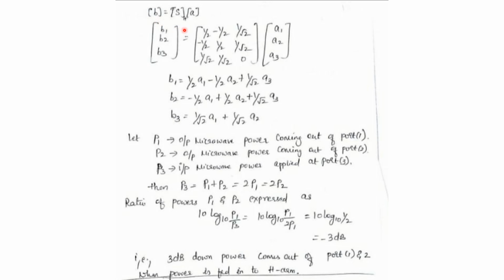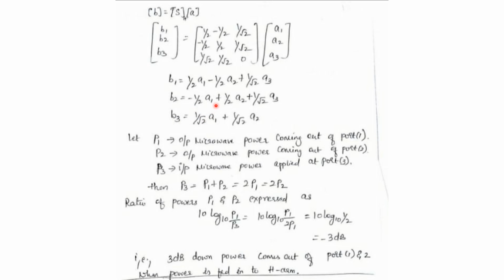Here B is equal to S into A. So here B is B1, B2, B3, the S matrix values, and A1, A2, A3. So B1 is equal to multiplying the first row and the column. Therefore, it becomes 1 by 2 into A1 minus 1 by 2 into A2 plus 1 by root 2 into A3. So B2 is equal to multiplying the second row and the column